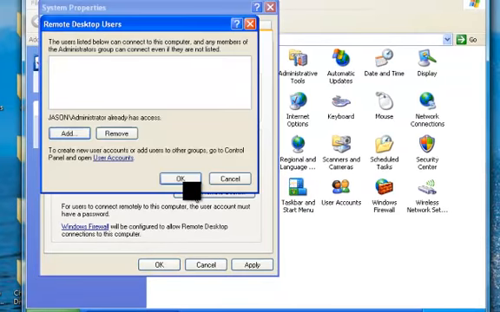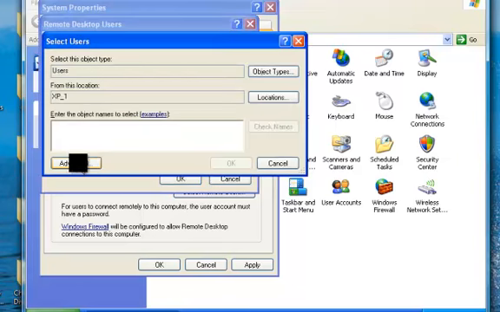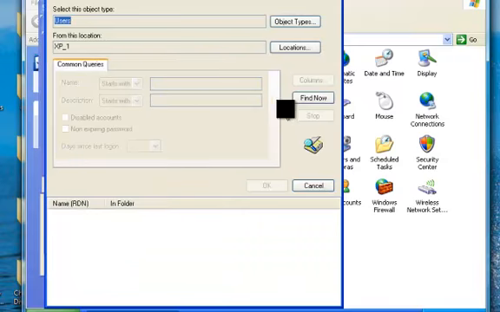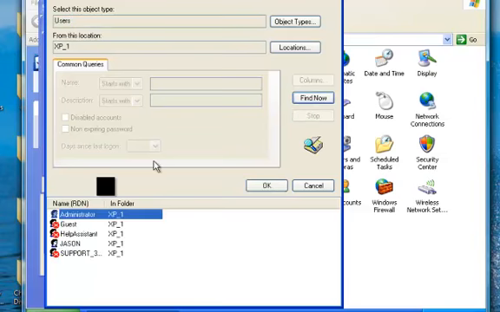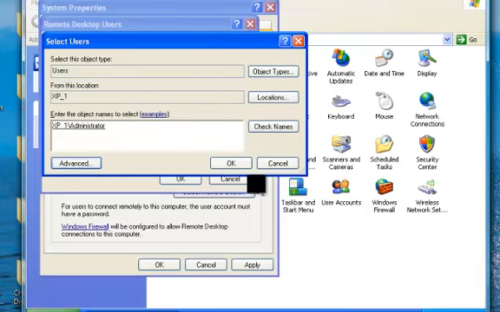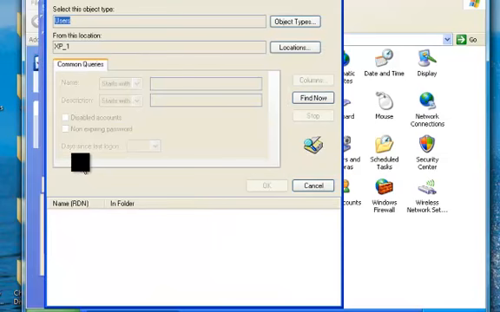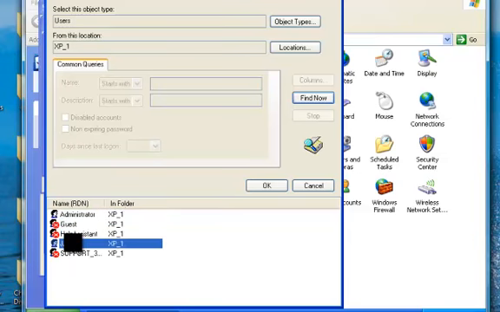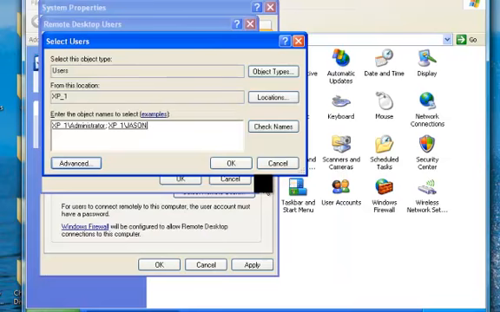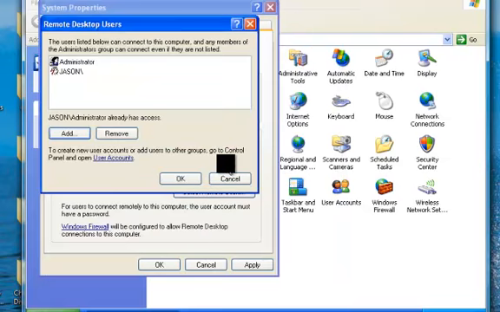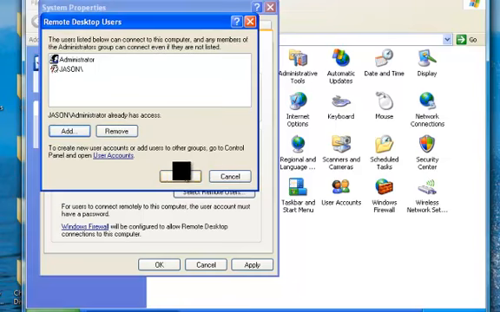Then we're going to go to Select Remote Users, then Add, then Advanced. And here we're going to select the users. We're going to go to Find Now, and you're going to select the administrator and add the administrator. Then we're going to go to Advanced again. We're going to add the computer XP as itself. I'm going to click OK, hit OK here, hit OK